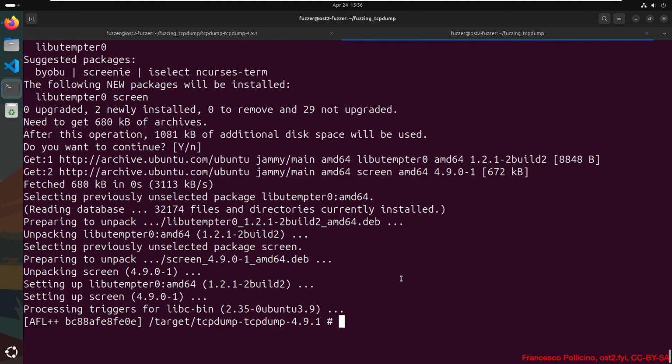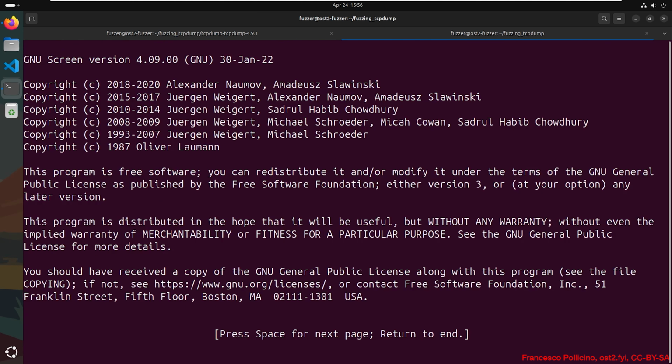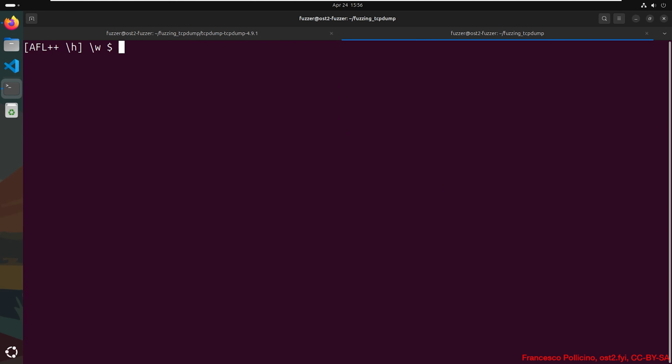And now we can open a screen session simply typing the screen command. Press enter or space to close this page. Okay, now we are inside screen. So the first thing to do is to spawn the primary instance. So we define a temporary directory for the primary instance with the export command, and we set the AFL_TMPDIR variable